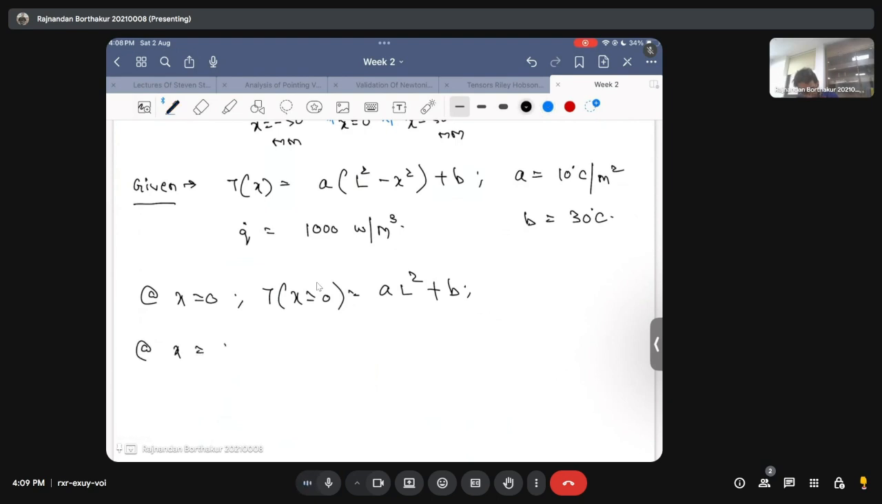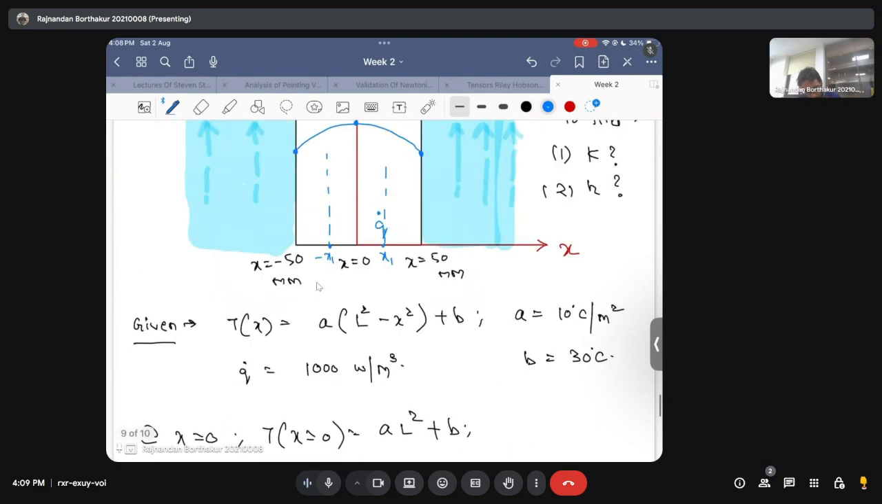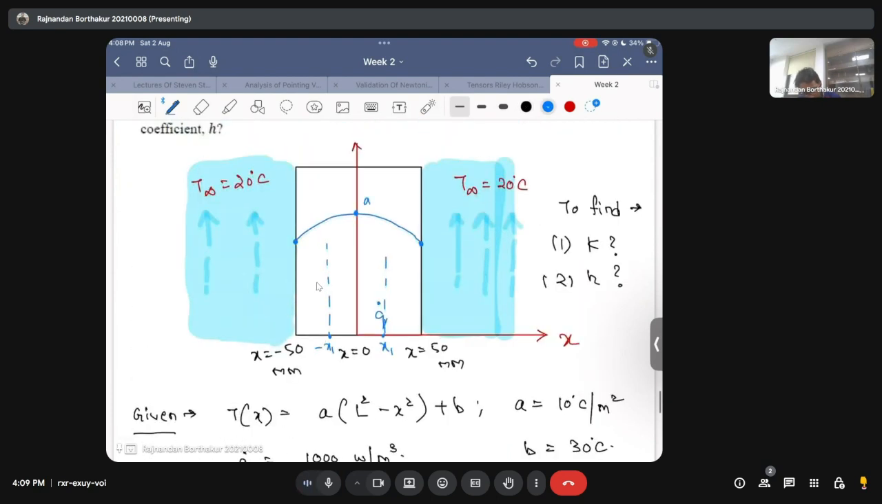at x equal to plus and minus of L, my temperature is just going to be B. So here the temperature was A L squared plus B, and here the temperature is B. So two things we can infer. First, the temperature distribution is parabolic because there is a heat generation taking place, and